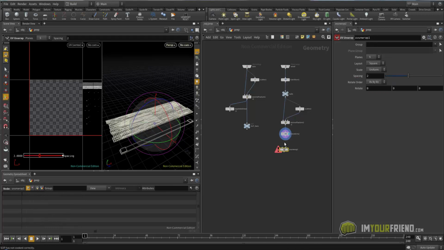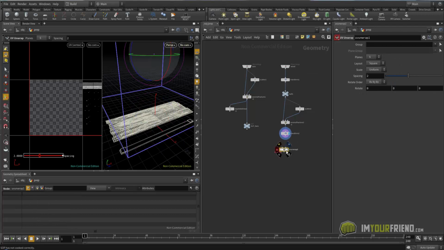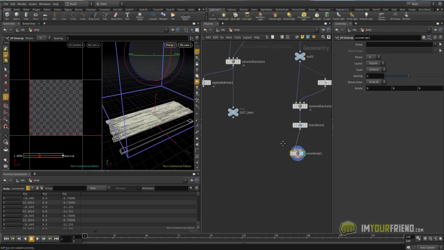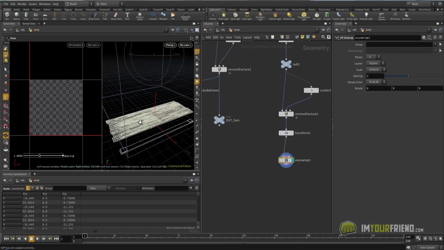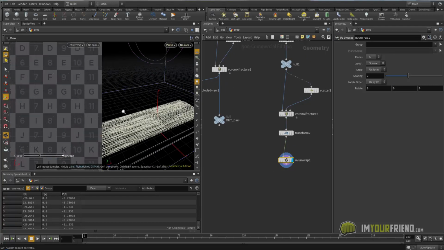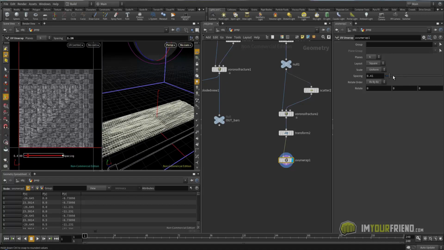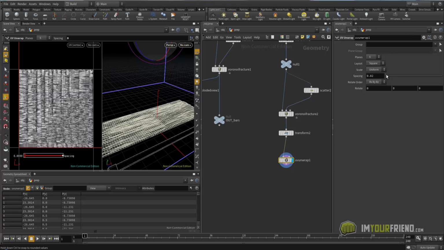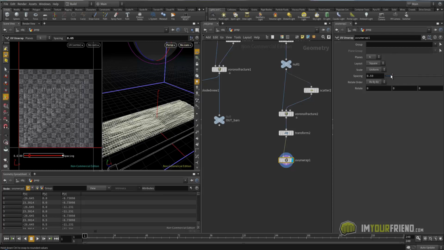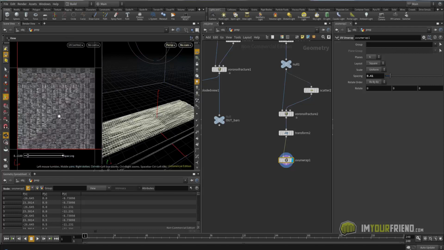Okay. Pipe that into the first input. All right, look at that. You can see the tiny little pieces. That's the inside. So let's adjust the spacing. You can get them looking like that. That's about good. That's fine. Cool.